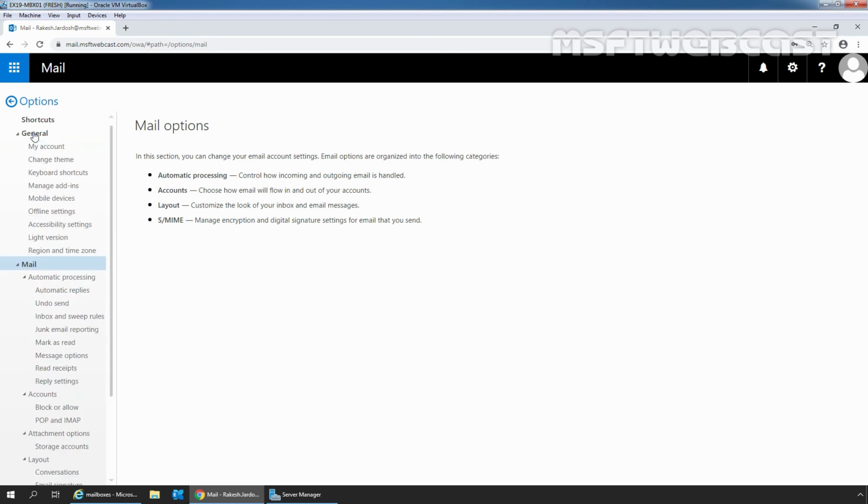Let's click on General, and this time the user is not able to see the settings of distribution groups due to the restrictions in the new user role assignment policy. That means we have successfully applied the All Standard Users role assignment policy on our user Rakesh Jardos.